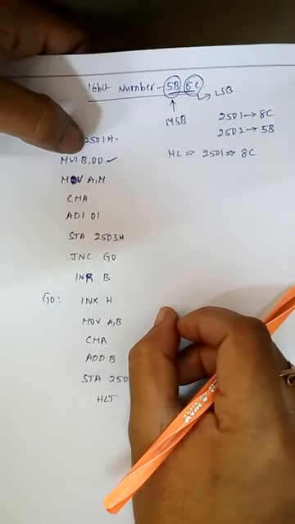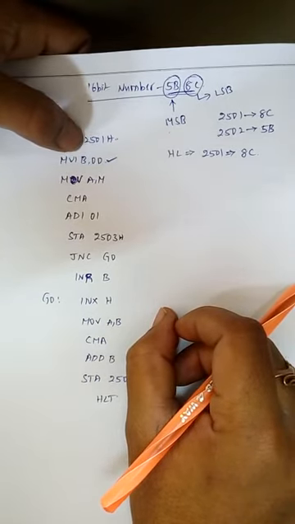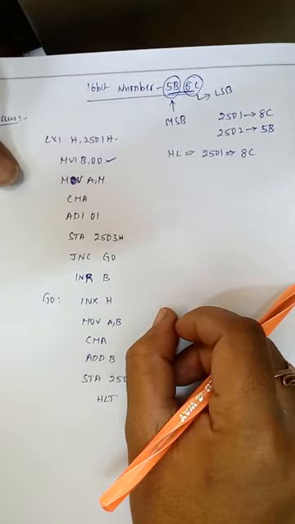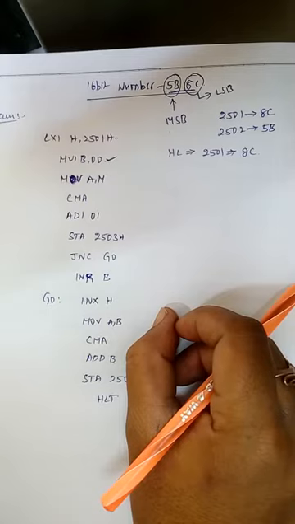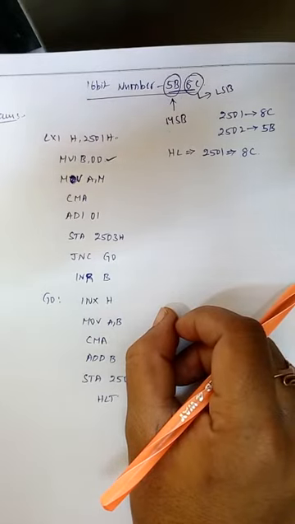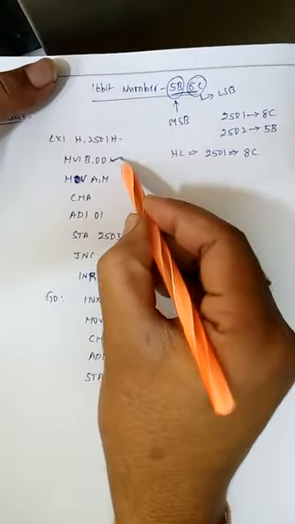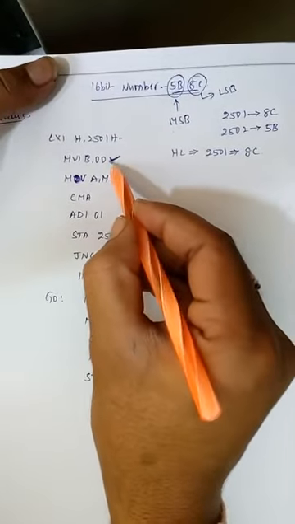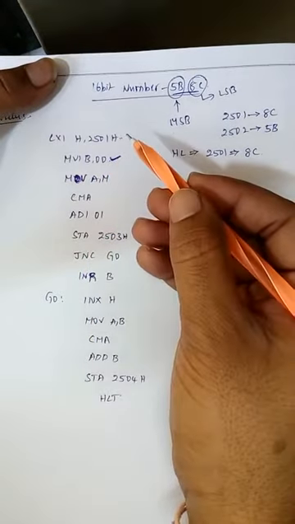Because while performing 2's complement of any 16-bit number, in some situations we will get a carry, and in some situations we won't get any carry. So to store that carry, we need a register. For that purpose, we are using the B register. Initially it is set to 00. While any carry is generated, it will be incremented by 1.